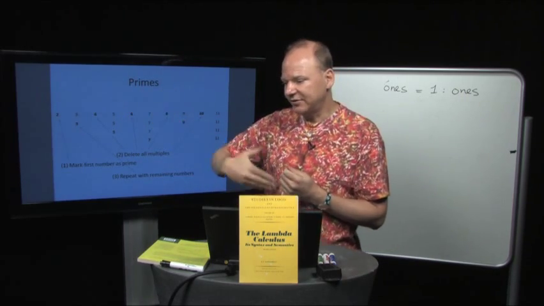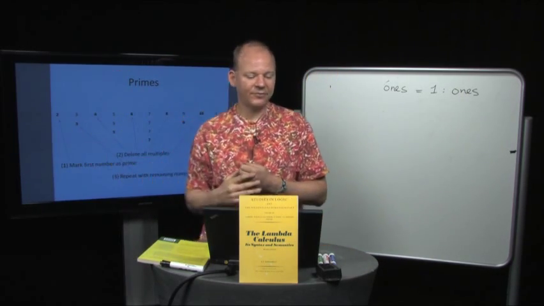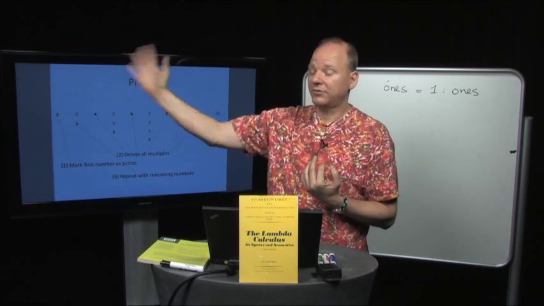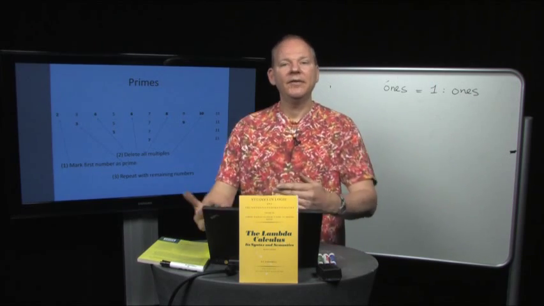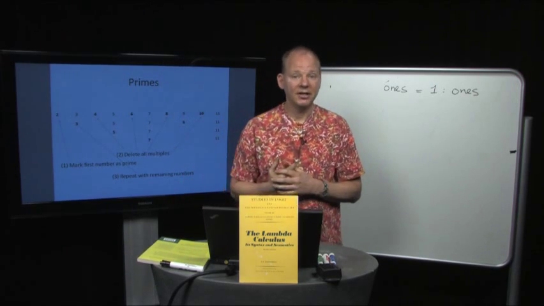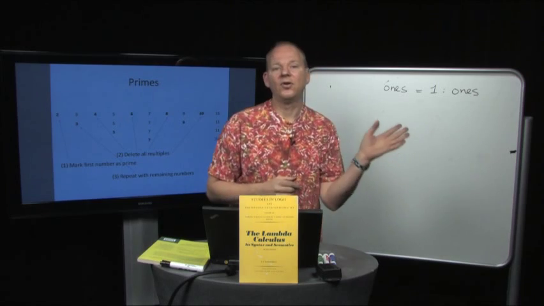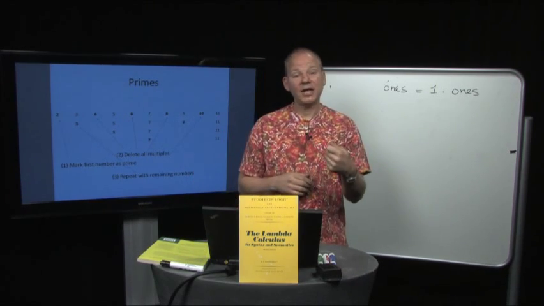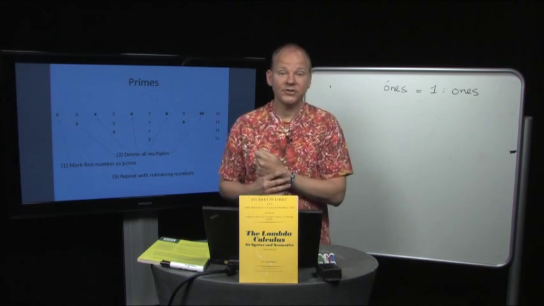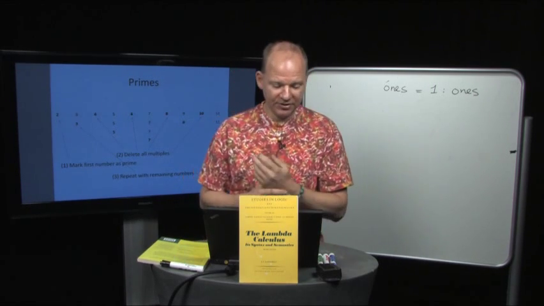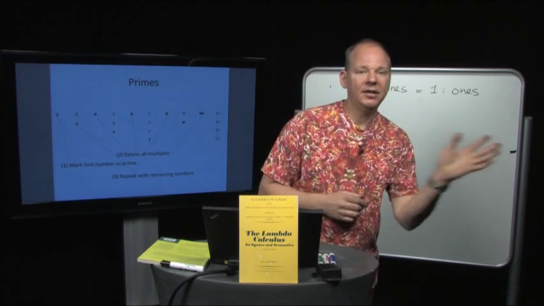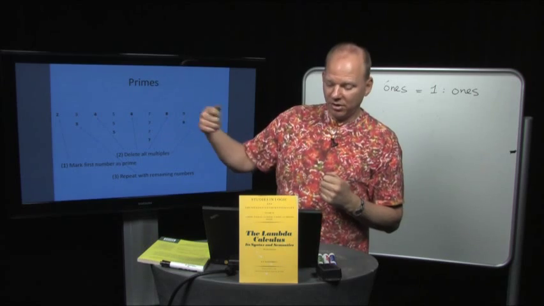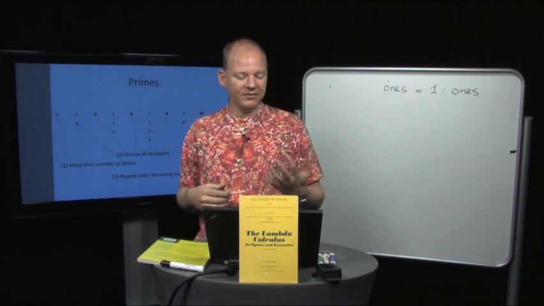Because that's the idea. These are all then divisible by that first number. When we do that for 2, you see that we are crossing out all the even numbers, and now we get a new list. Okay? The new list in which all the multiples of 2 have been removed. Now the first element of that new list must be a prime number, because it was not divisible by any lower numbers. So then what we will do is we'll cross out all the multiples of that new prime,